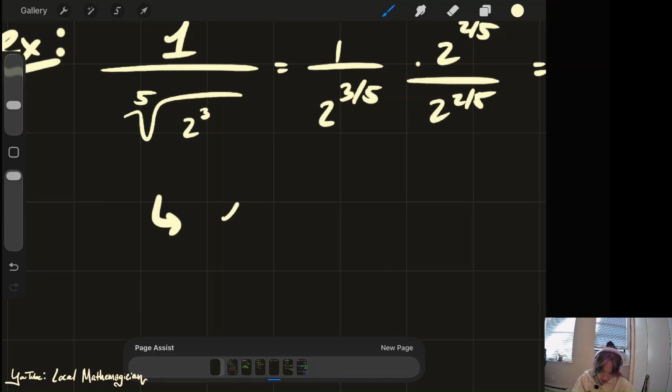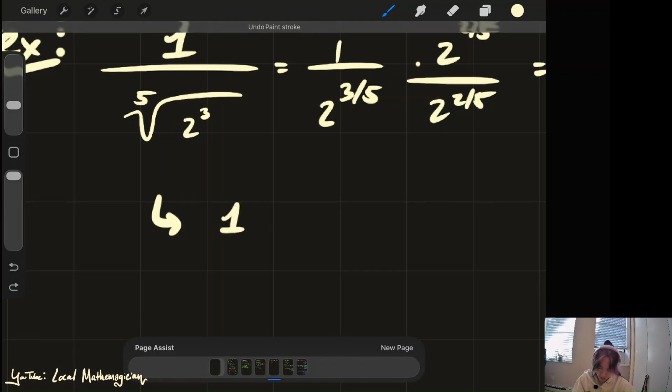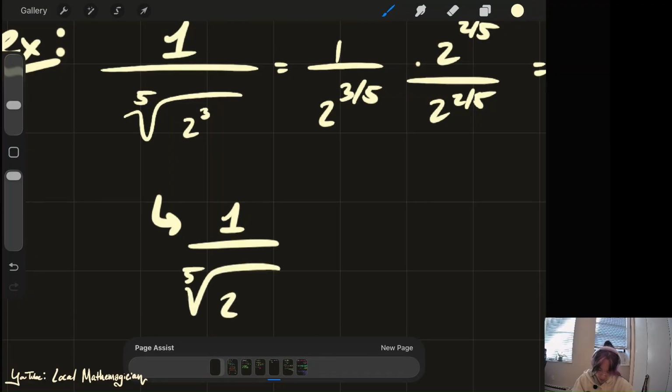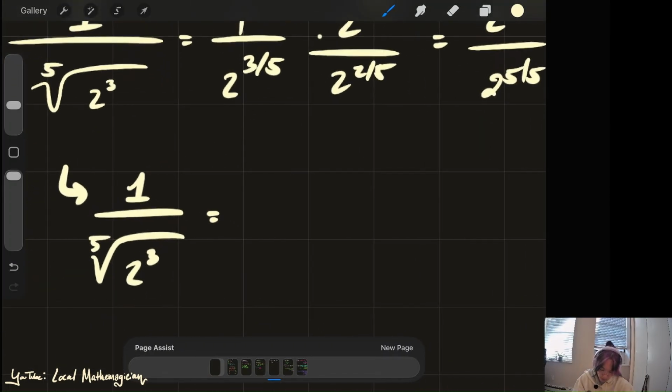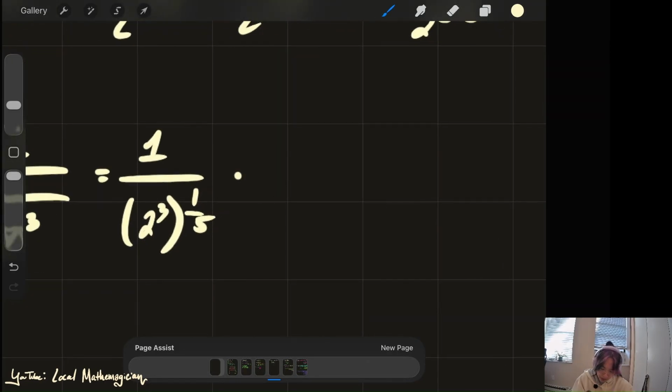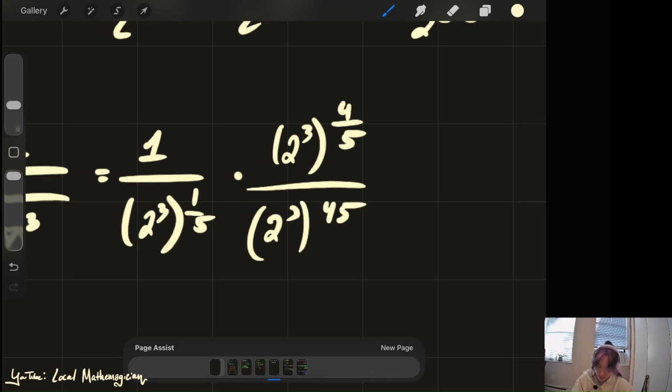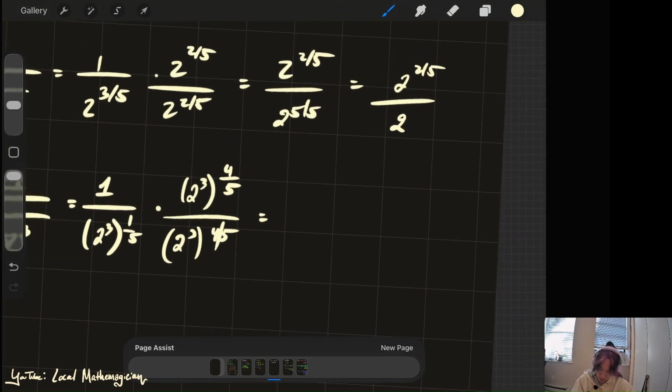You can just say, oh, this is the same as saying 1 over root 5 of 2 to the 3rd, which is the same as saying 1 over 2 to the 3rd to the 1/5. Totally could. To get this to a whole number, you just multiply by 4. There's 4 of them, right? You can just say 2 to the 3rd to the 4/5. Totally valid. And that gives you